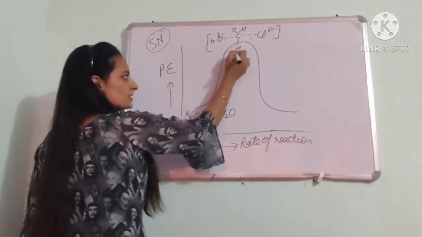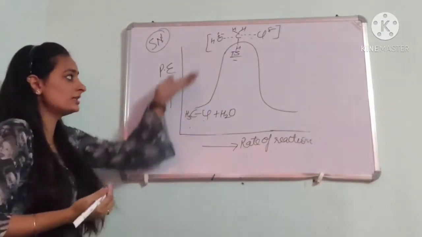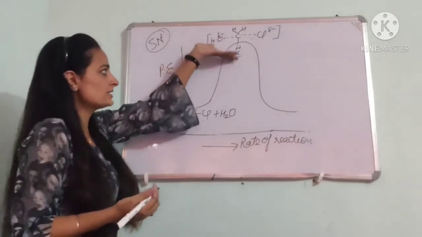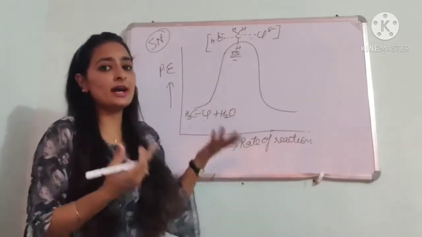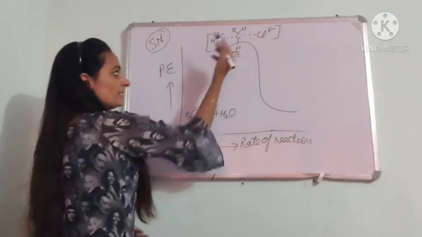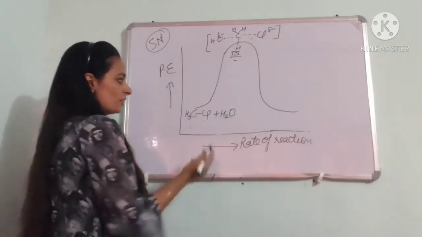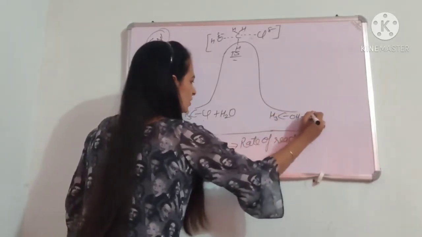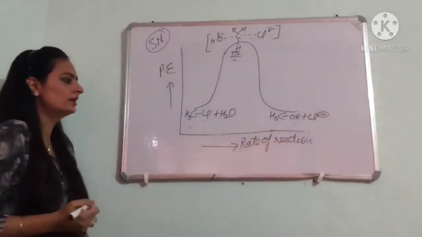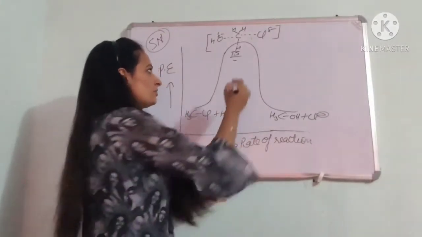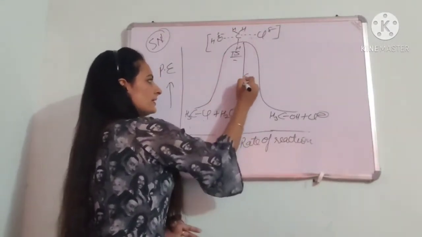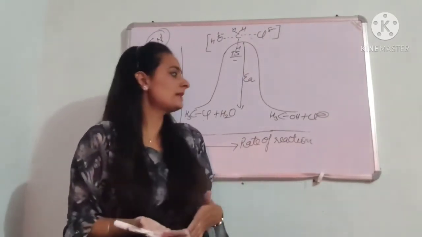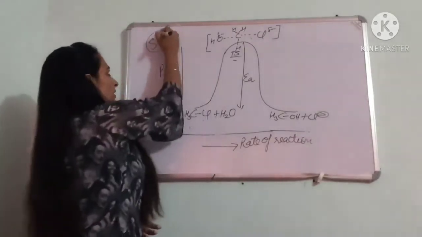So this is the transition state, and it is highly unstable. As you can see, it is at a very high energy. The more the energy, the lesser the stability. This transition state is highly unstable because in this case the carbon is pentavalent, with 5 bonds. After this there is a formation of product, that is your alcohol, and Cl negative will leave the alkyl halide. As you can see here, we have only one peak and there is only one activation energy. So that's why we haven't written any slow or fast step in the case of your SN2 reaction.